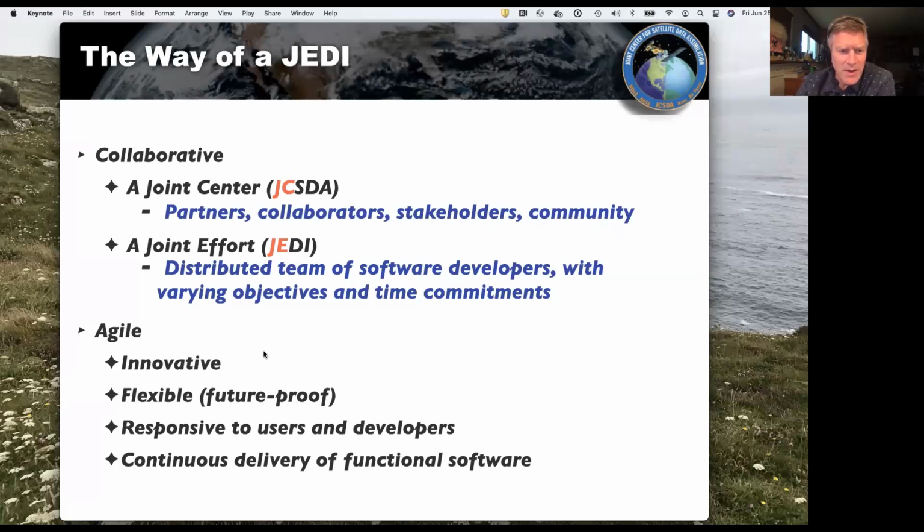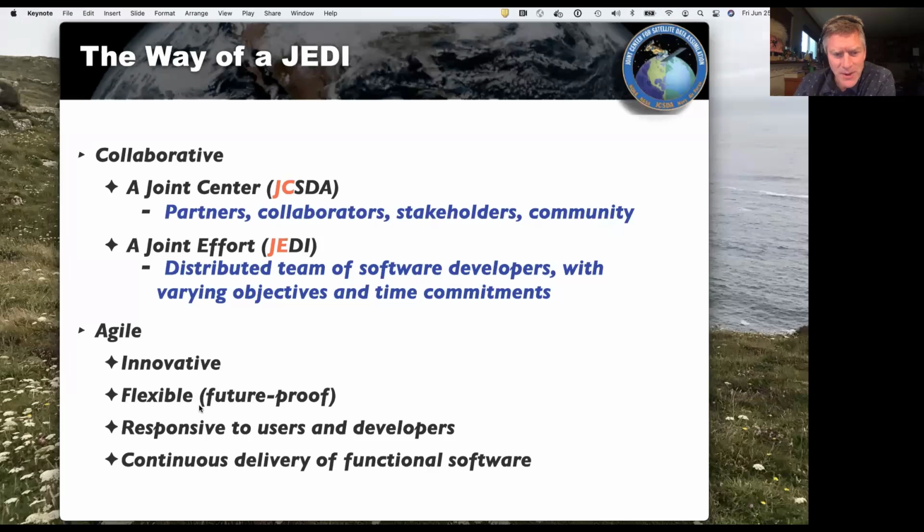There are different definitions and different models of what agile is, but some common features in all these agile approaches are that they are innovative, that they break new ground.